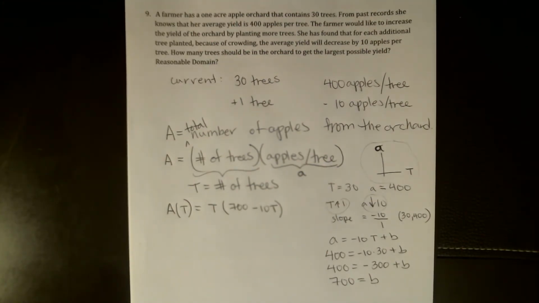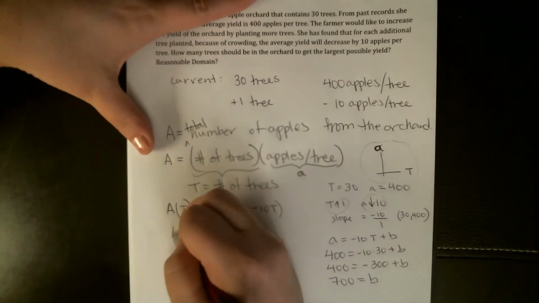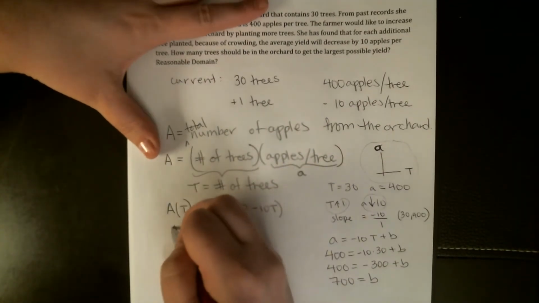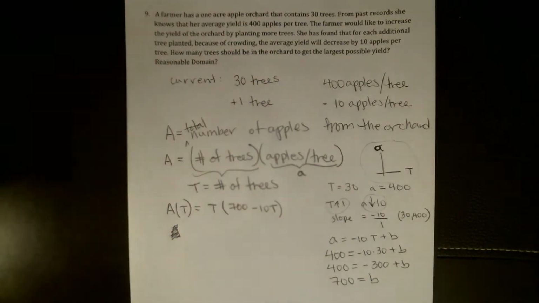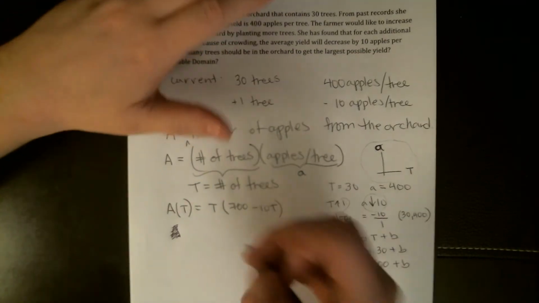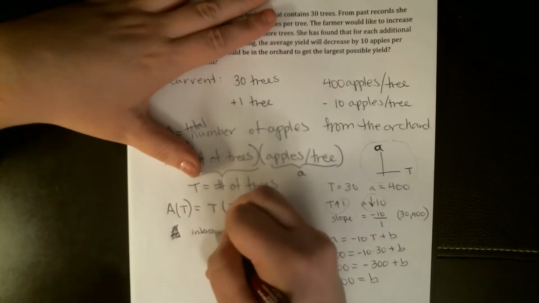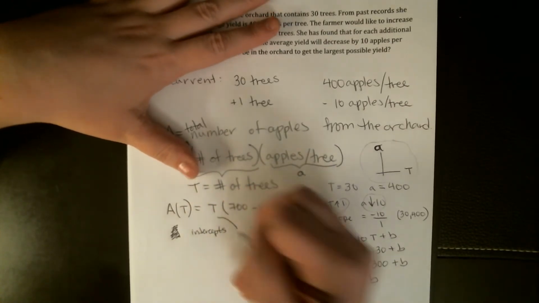I'm going to get an answer, and then I will show you another way that you might think seems slightly easier, but it's a little weirder variable definition. Okay, so now, in fact, I don't want to do anything else with this. My goal was to decide how many trees should be in the orchard if I want to get the largest possible yield. So this one is in factored form, so I would say the intercepts, which basically tell me when